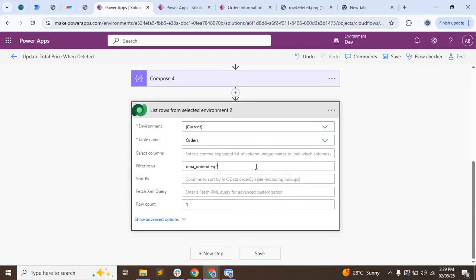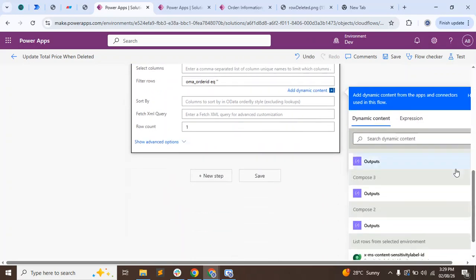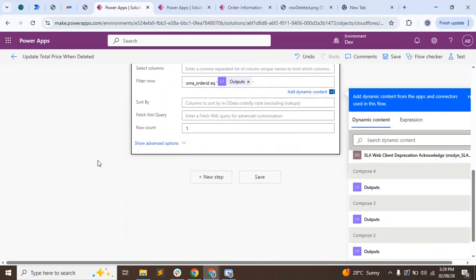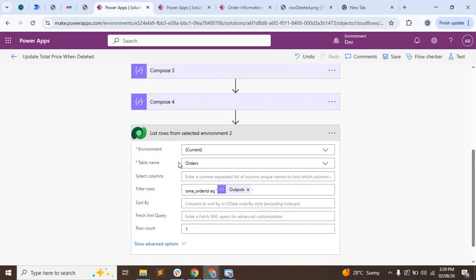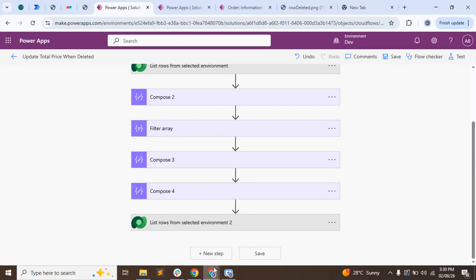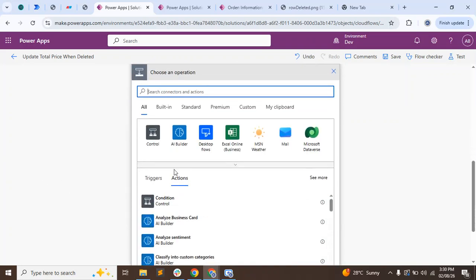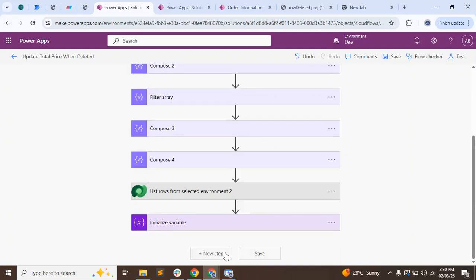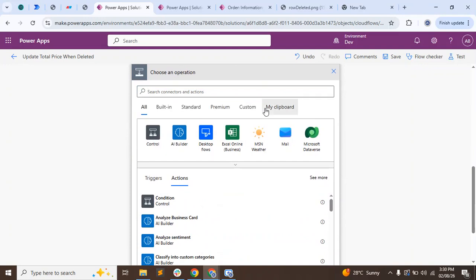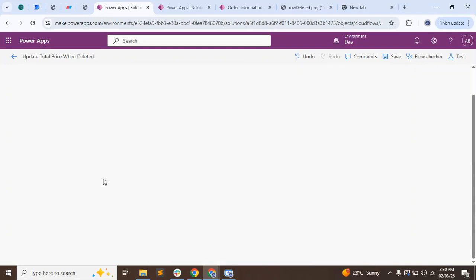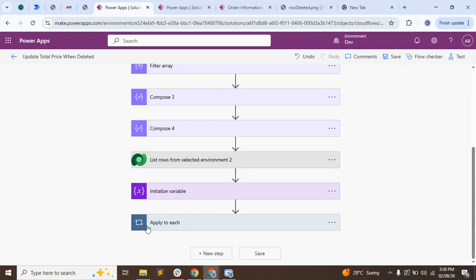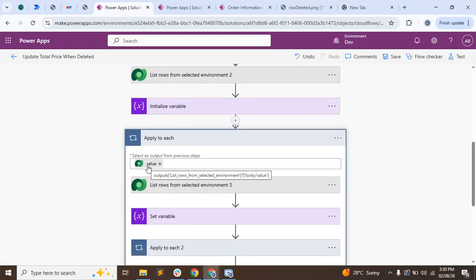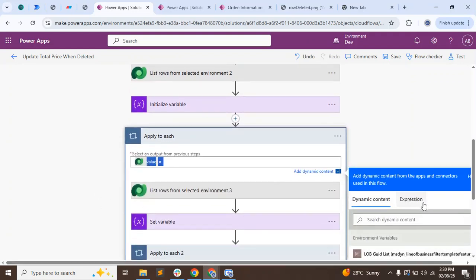And here I will pass the compose output to update data or get data from the order table. And then I initialize a variable, and then add apply to each for the